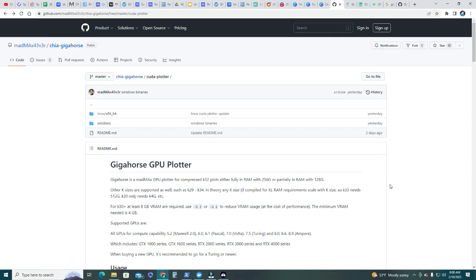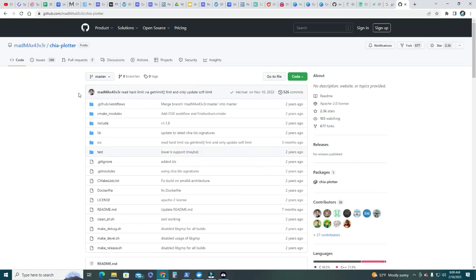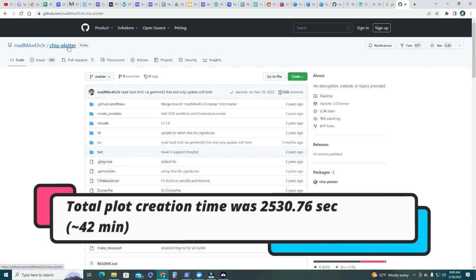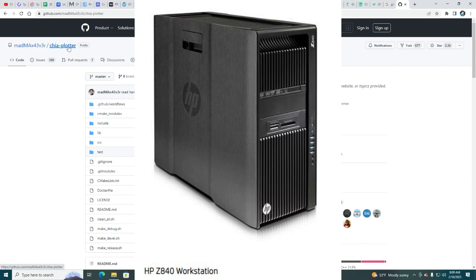Alright, GPU plotting is here and today we'll be testing and running the Gigahorse GPU plotter. It's the new just released plotter by MadMax. If you remember, Max is the developer of the original MadMax CHIA plotter. So today we'll be running a live test. I'm going to be using my old computer, one of my HP Z840s, an amazing workstation back then, and we'll